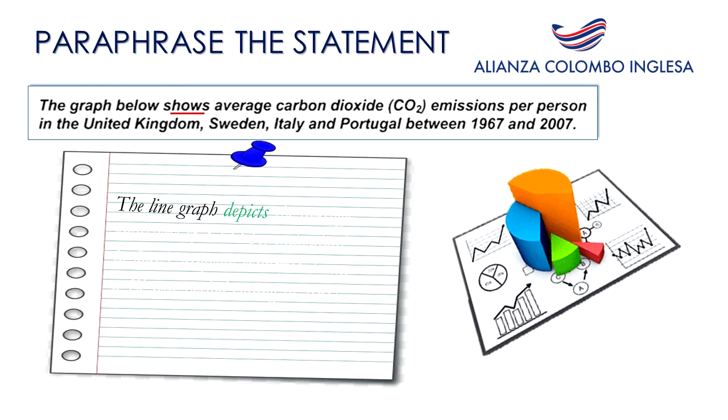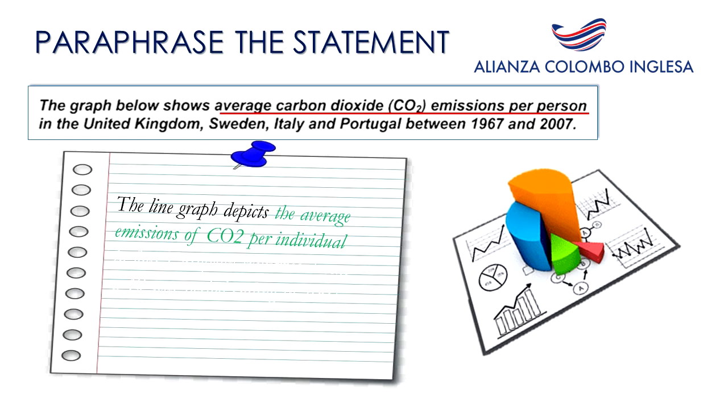Now let's see the rest of the information that we could paraphrase. We have "average carbon dioxide emissions per person." Carbon dioxide is a chemical concept, so there is not much paraphrasing that we can think of, but we can change the order of certain words. For this example, we can say "the average emissions of CO2," so we have changed the order of a few words, "per individual." Here we have paraphrased the word "person."